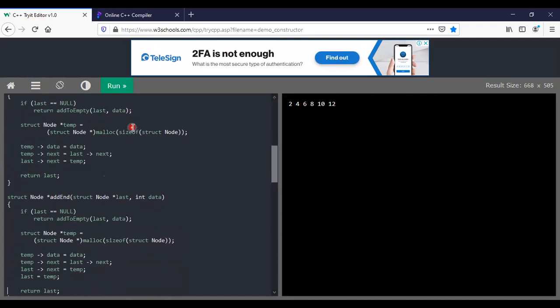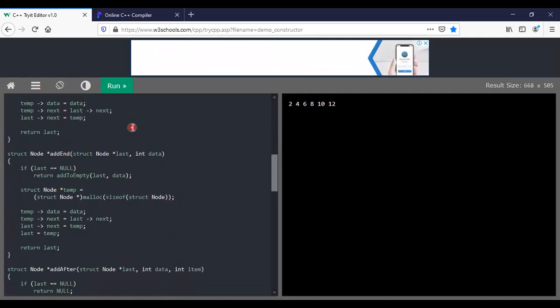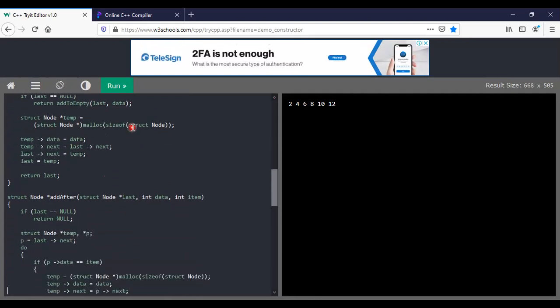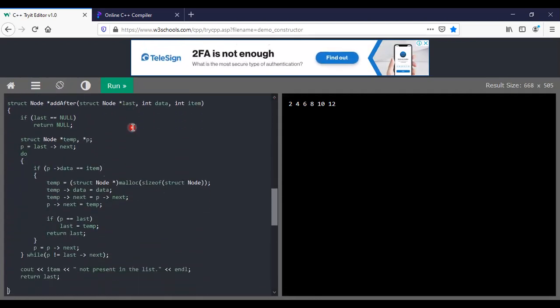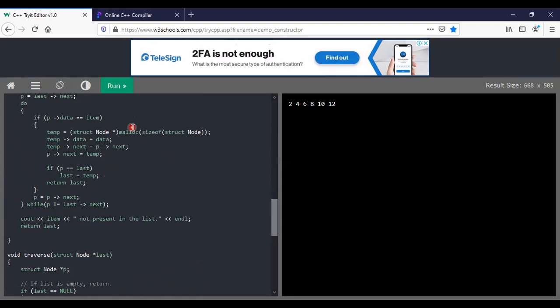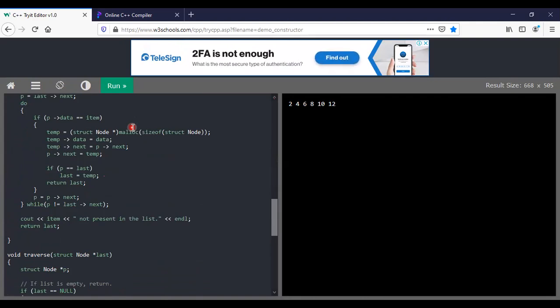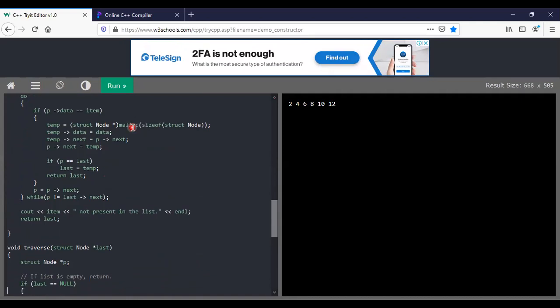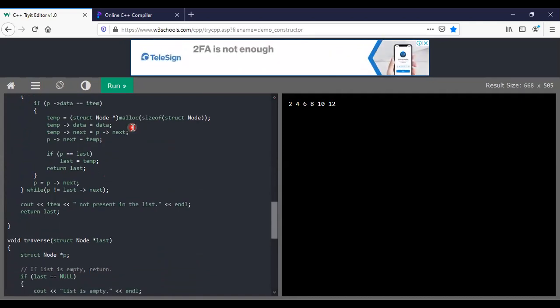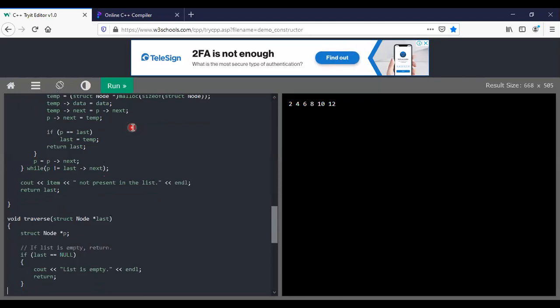This is adding at the end, and this one is adding after the node. Likewise we are doing. To know whether it has been inserted or not, we need to visit node by node.